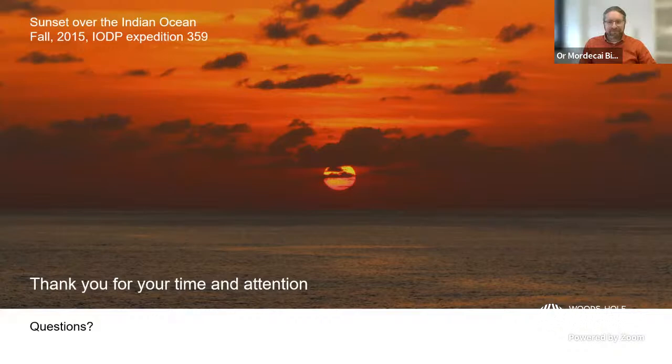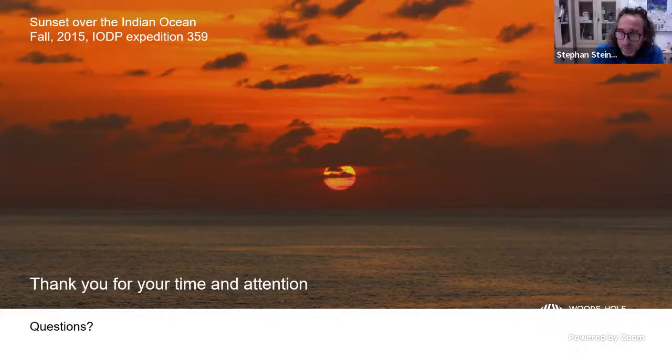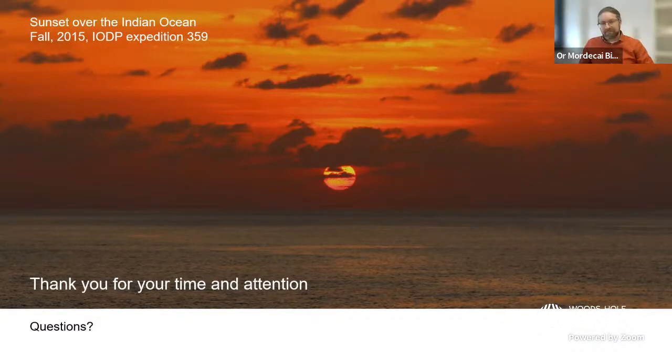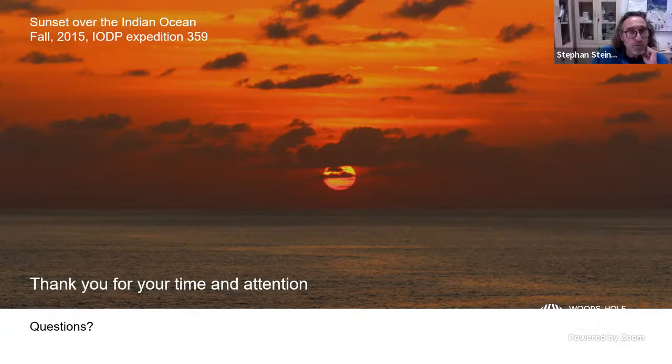Yes, I totally agree. When looking at your ODP site 722B, this shift in manganese, aluminium, for example, the initiation of the oxygen minimum zone and things like that, so that we have a shift between 14 and 15 million years. That is also in good agreement with our rainfall reconstruction from the Eastern Arabian Sea. Yes, that looks really nice.